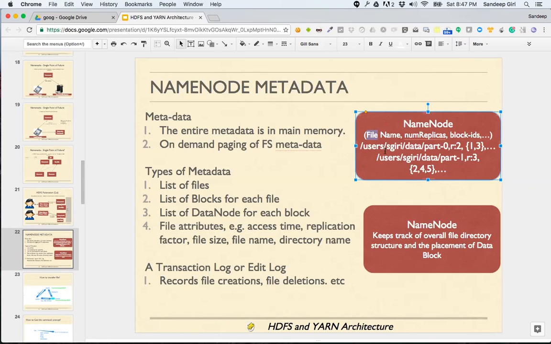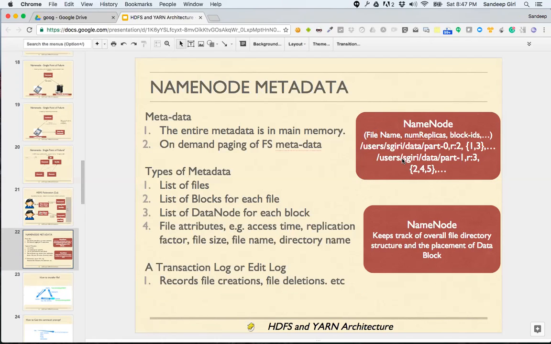Those attributes of a file are called metadata: permissions, owner, name of the group, and so on. The actual data is within the boundary of the file.